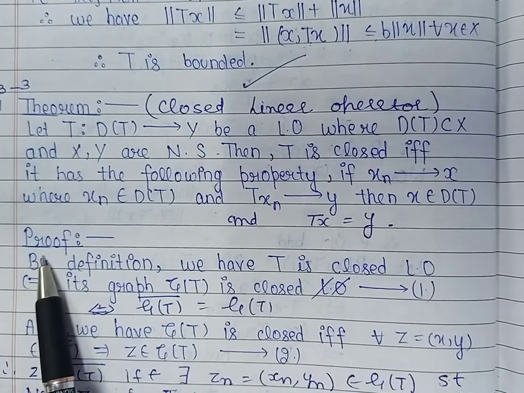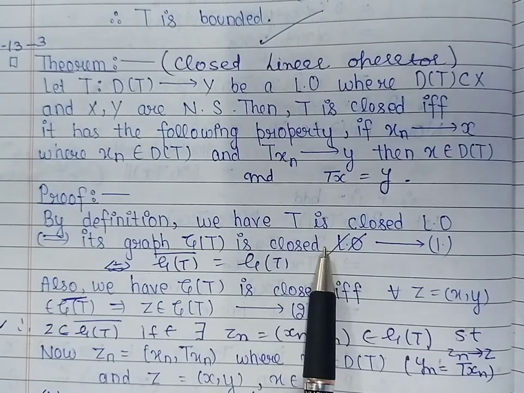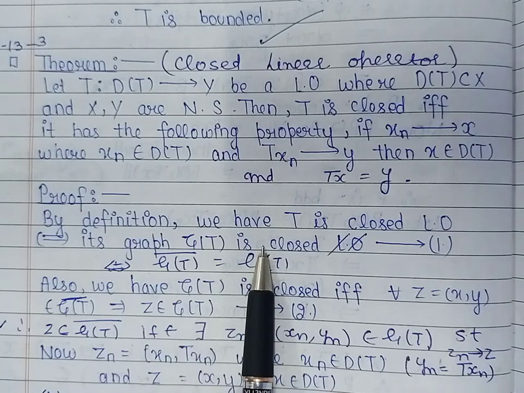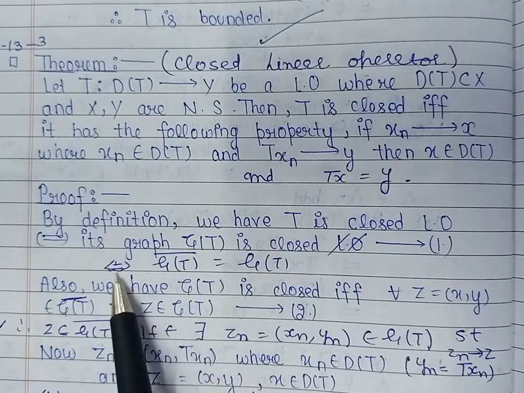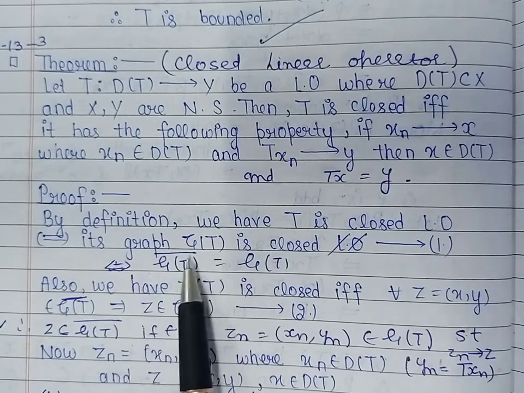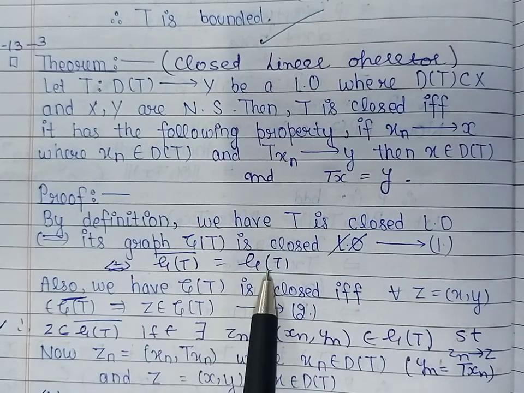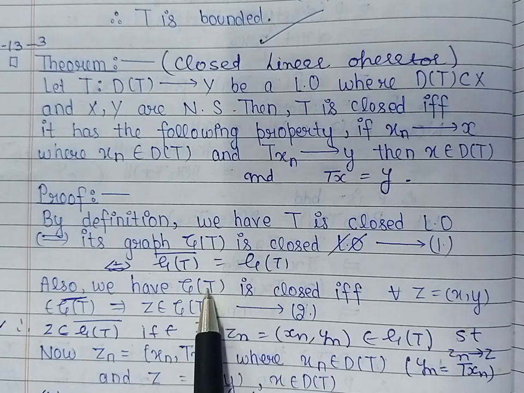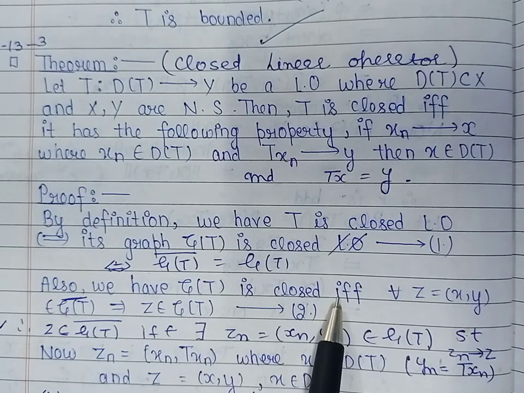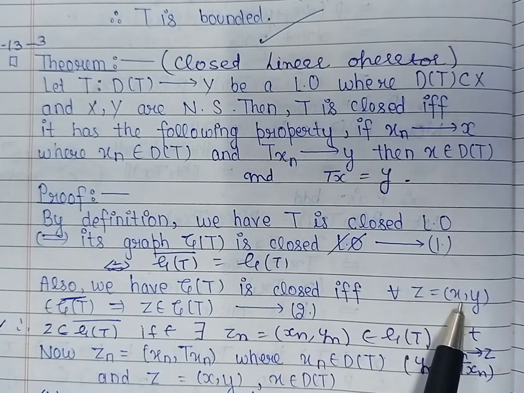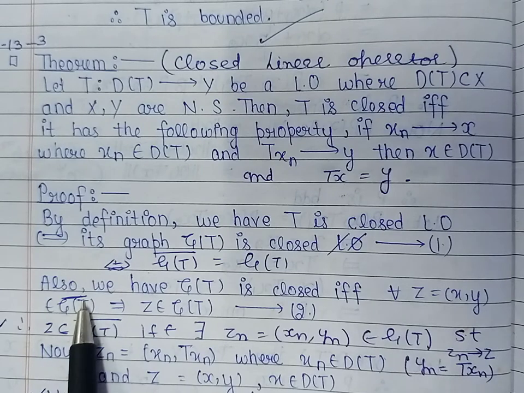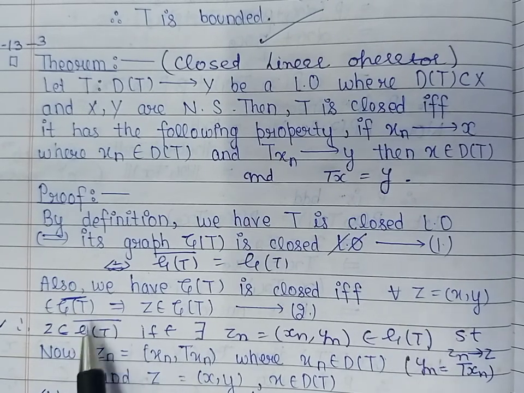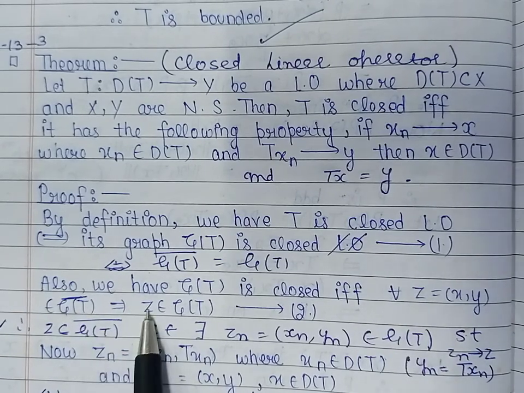Now, T is closed by definition if and only if its graph is closed, and the graph is closed if and only if its closure is equal to the graph itself. Now, the graph is closed if and only if for every element z of the form of an ordered pair consisting of elements x and y belonging to the closure of the graph, this condition must imply that z belongs to the graph of